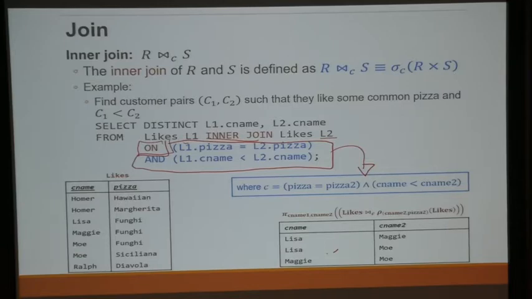Okay, if you do not want to use inner join, it's up to you because you can always use the cross product. So that's inner join. Inner join is the standard join. So if you don't put inner, you just say join, it is the same. Join is just an alias for inner join.